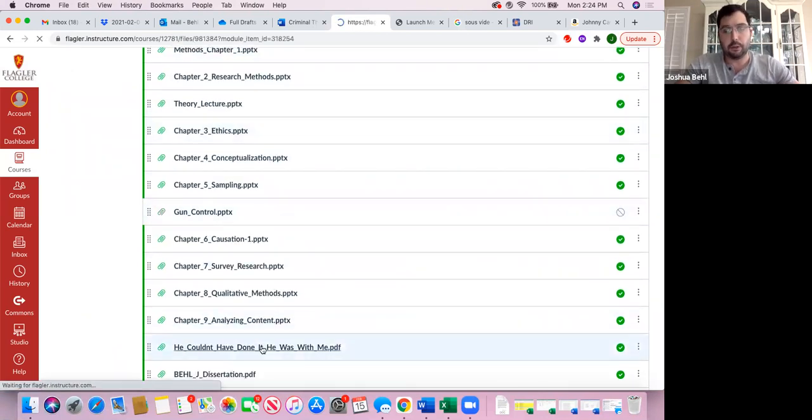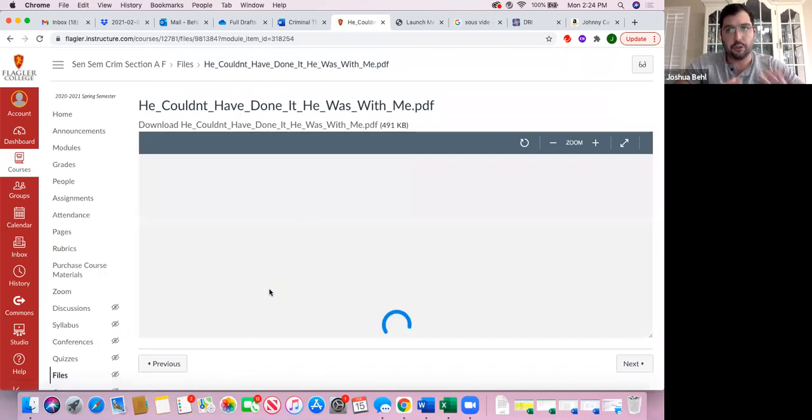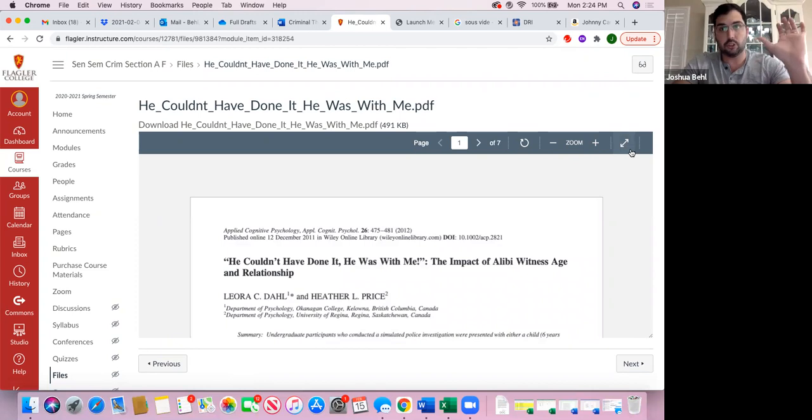This is a paper written by a friend of mine, Heather Price. The reason I have this is because it's a very short paper. The whole paper is only 7 pages. You guys should structure your paper like this. I just didn't want to assign you a 35-page paper to read, so this was only 7, so your paper obviously should be longer. But Heather here does a beautiful, beautiful job of painting a research story and synthesizing the